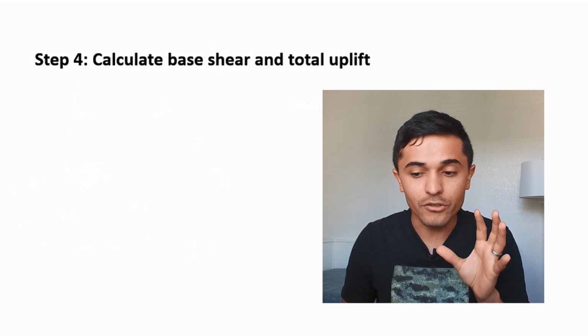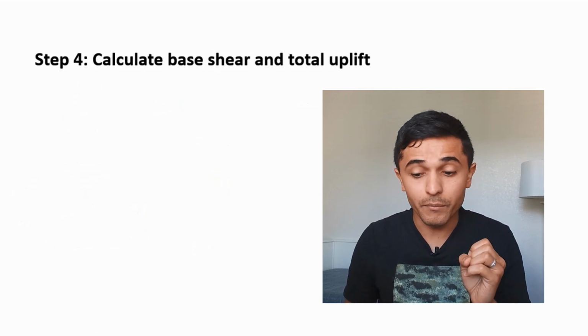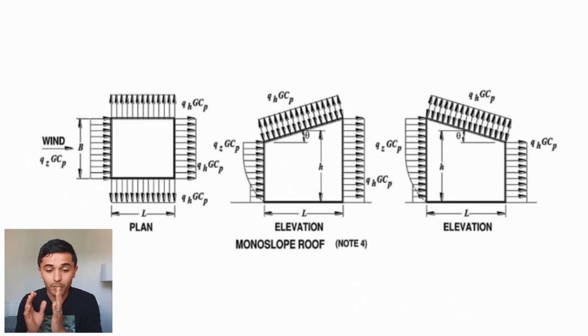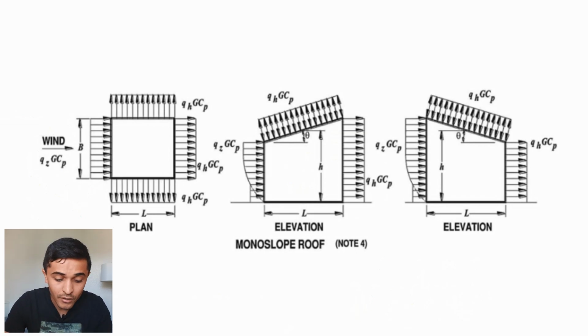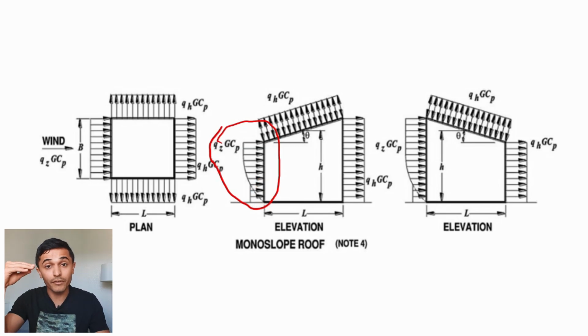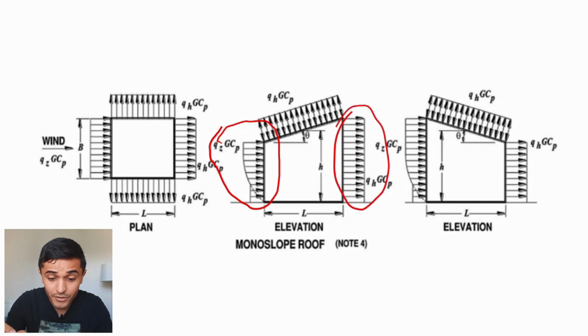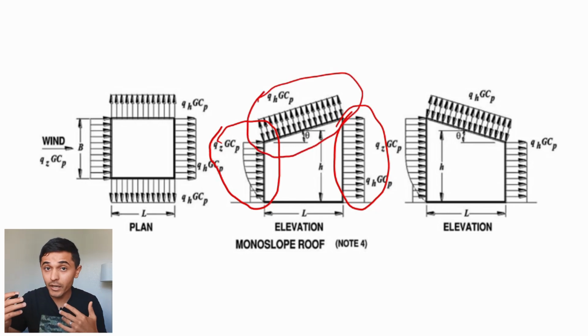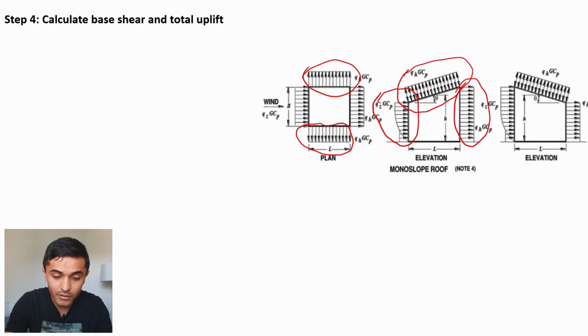To do this, I just want to reiterate what I had said before, which is how we're going to be applying this load. We see here what I had mentioned, that this load is constant. You can see that here it doesn't go to 0, it actually caps out at a certain pressure here, and that's because it's at 15 feet from the ground. And then on the other side, this is constant. You see 2 arrows here for the roof because it can either be positive or negative, as we discussed. And this is a plan view also showing the sidewall pressures, which won't really play a factor here in our